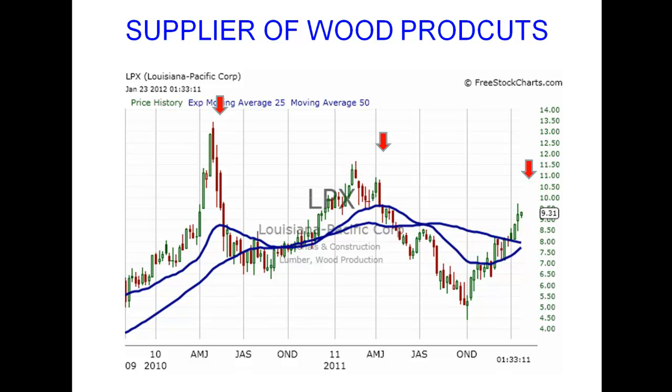In terms of suppliers, let's look at Louisiana Pacific. Many of you are familiar with them. They're a manufacturer of engineered wood products, oriented strand boards, subfloor systems, different engineered materials that are very common in housing construction. They show the same seasonal pattern here that we've seen with sales and with the home builders. Big surges in the April, May, June. The rest of the year is not quite as good.